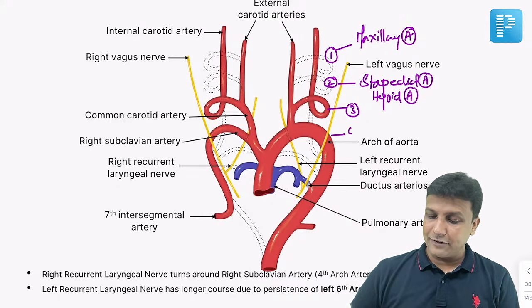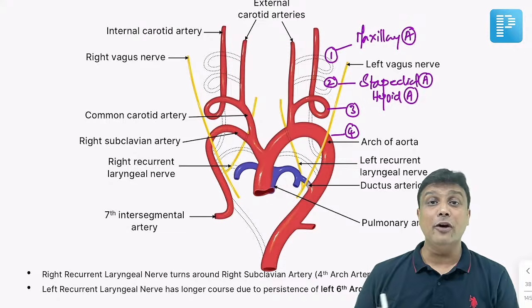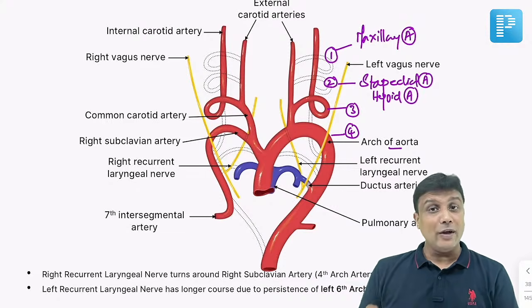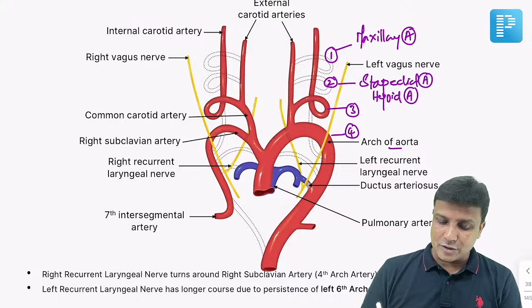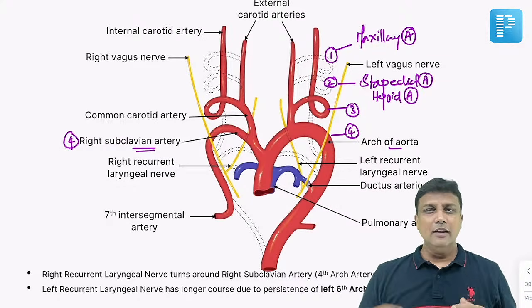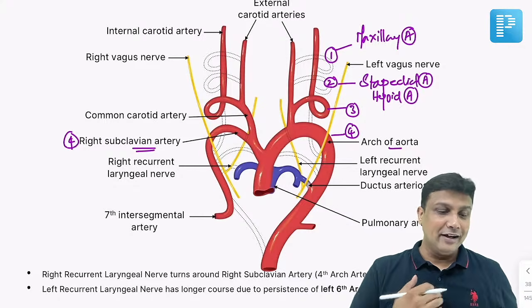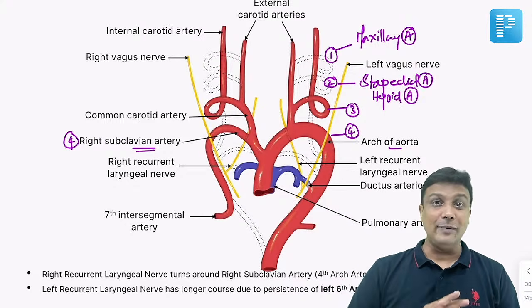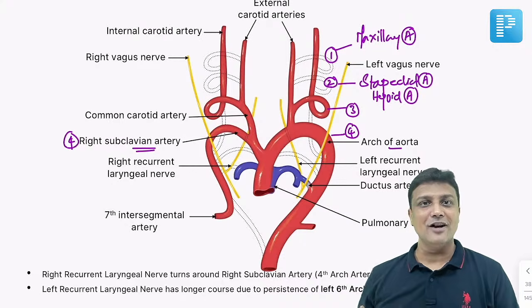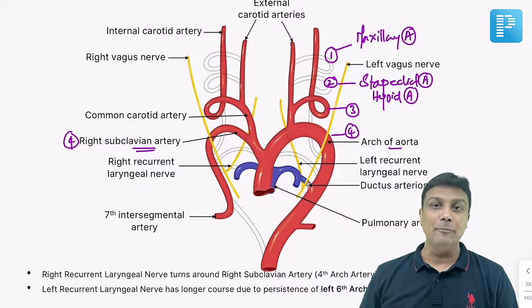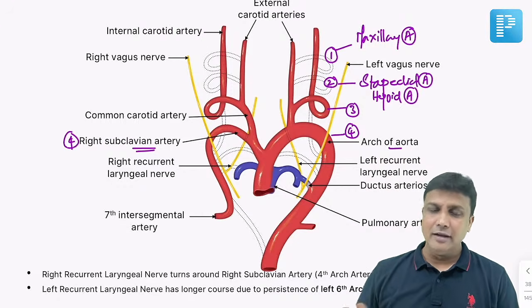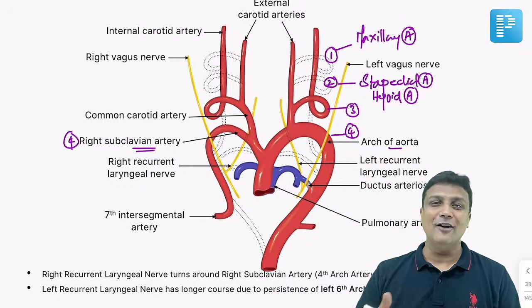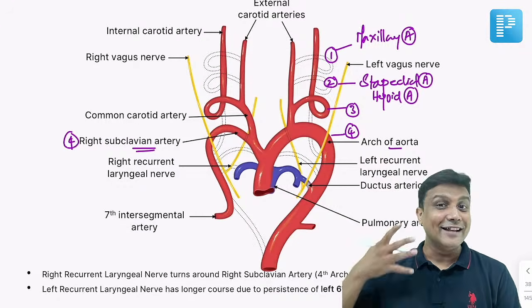Remember, the left fourth arch artery is the one which is going to form the arch of aorta, whereas the right fourth arch artery is the one which is going to form the right subclavian artery. You just have one arch of aorta towards the left. And then we know this very well right from first year MBBS days that initially there will be